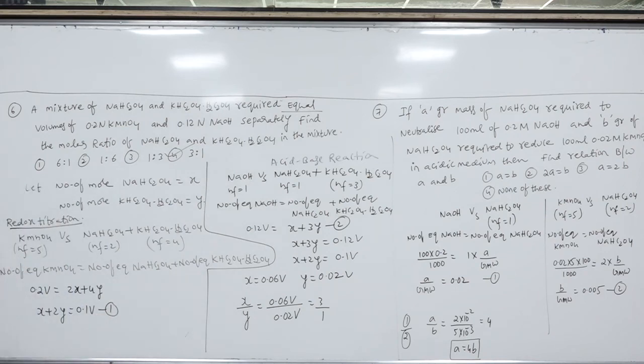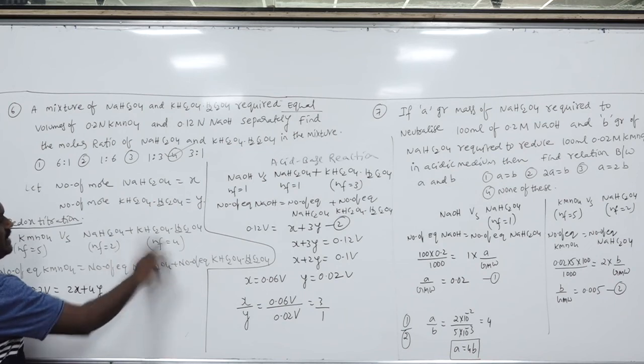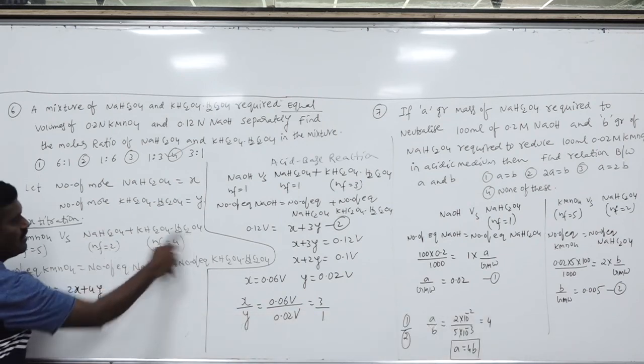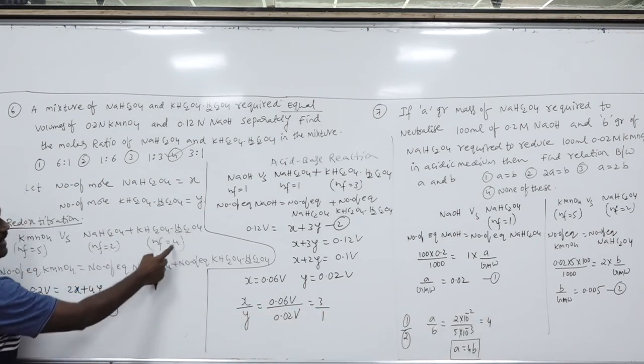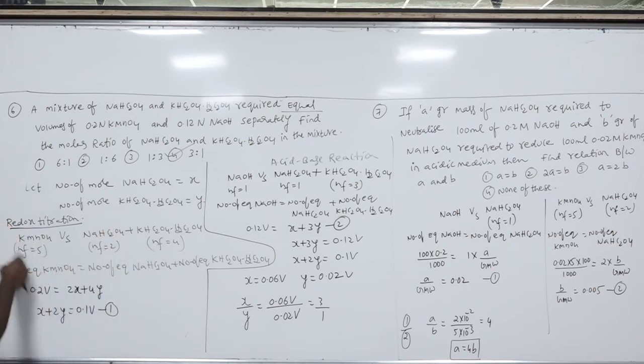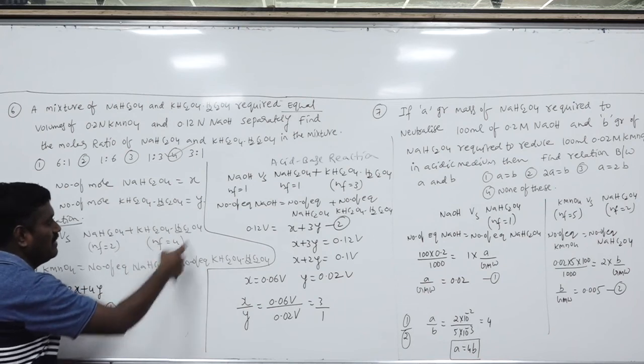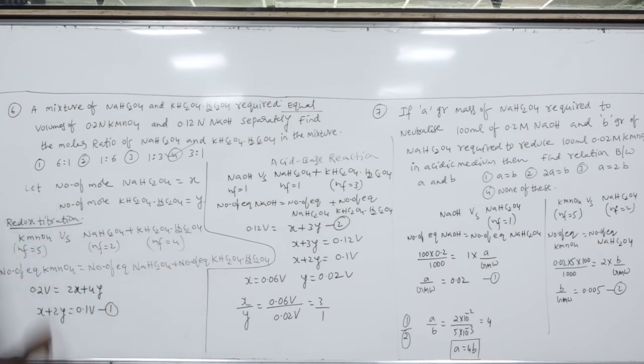Now there are two different types of reactions. Number one, redox titration, because we are using KMnO4. This is an oxidizing agent, so these two act as reducing agents. They will undergo oxidation into carbon dioxide. So the n factor is 4 here, the n factor is 2 here, and here the n factor is 5. The concept is the law of chemical equivalence. The number of equivalents of KMnO4 will be equal to the number of equivalents of sodium hydrogen oxalate and potassium hydrogen oxalate, oxalic acid. Number of equivalents is equal to normality into volume in liters.